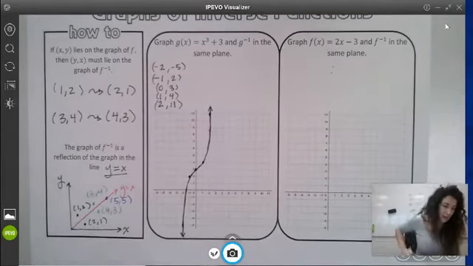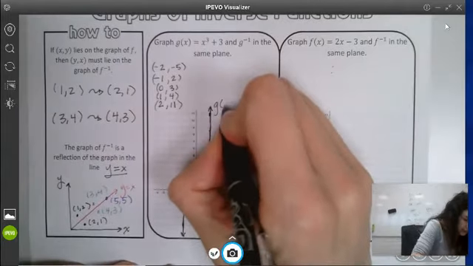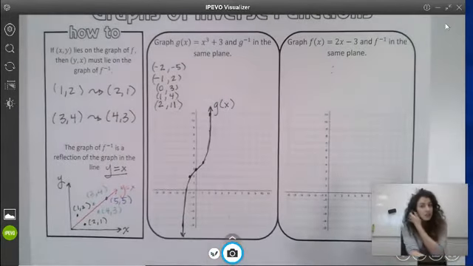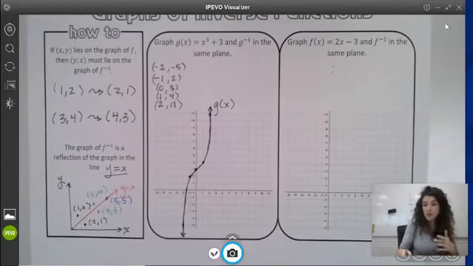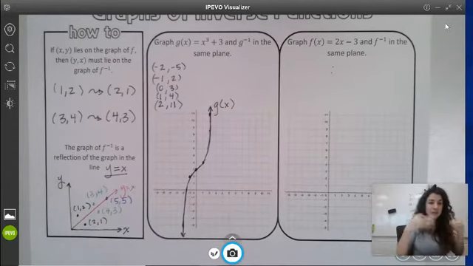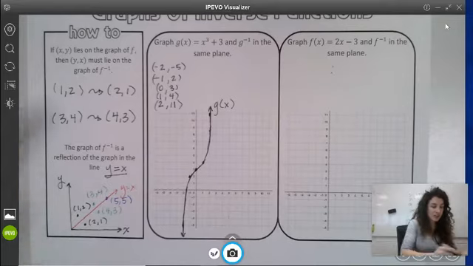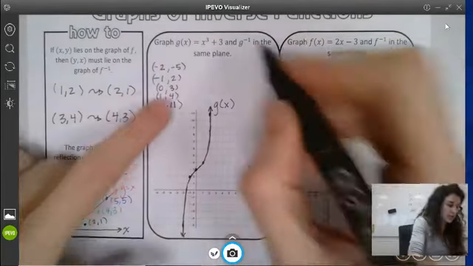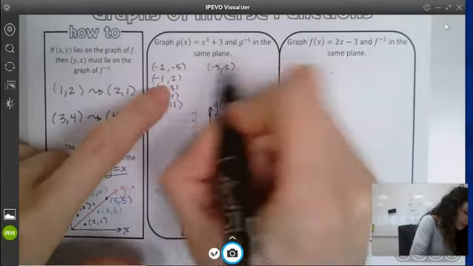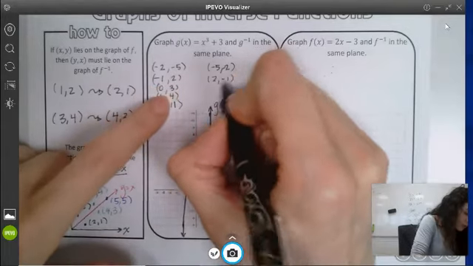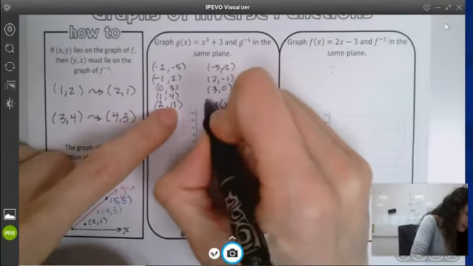Okay, so that's the original function. That is g of x in this case. So we want to find g to the -1 of x, in other words, the inverse of this function. And what I'm going to do is first make a list of all of my flipped points because I think that makes sense. It just helps me piece things together because reflections, when it's not linear, get a little tricky and a little hard. And so I'm going to first flip all of those: -5, -2, 2, -1, 3,